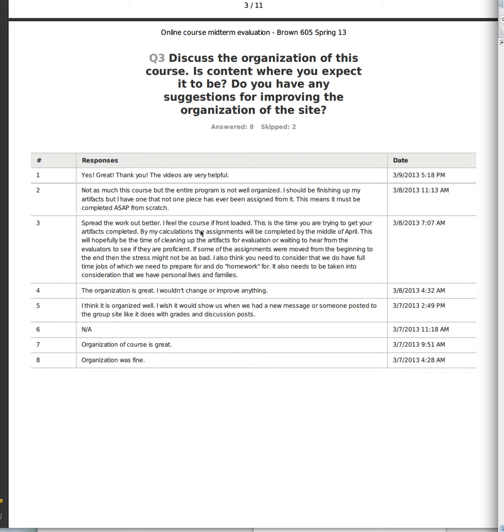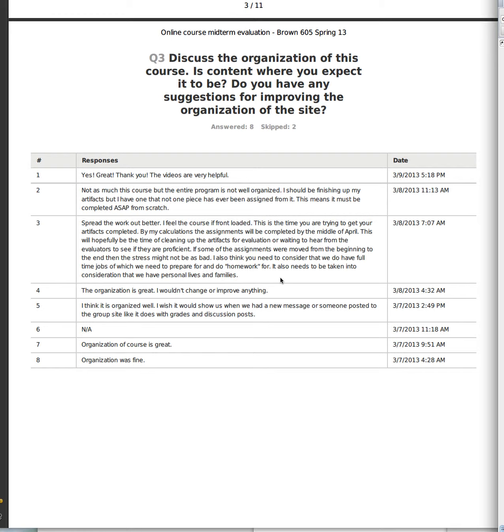This comment here talks about spreading the work out, feeling like the course is front-loaded. And you are correct. The assignments for the course, specifically, I think it's 6E and 5F. It might be 6F and, or it might be 5F and 6E. I can't remember right now, but